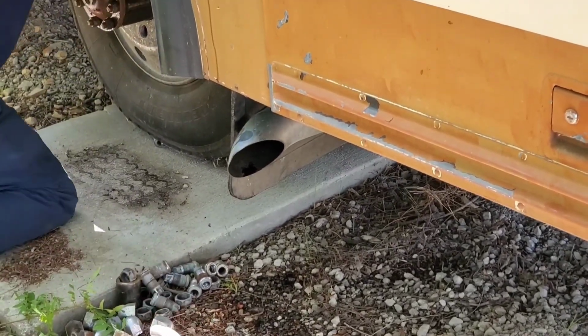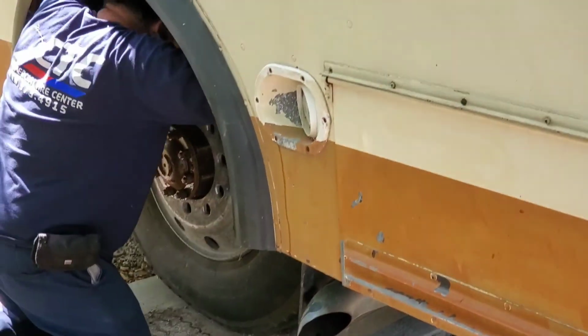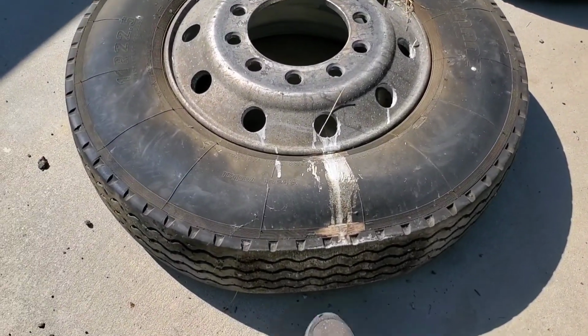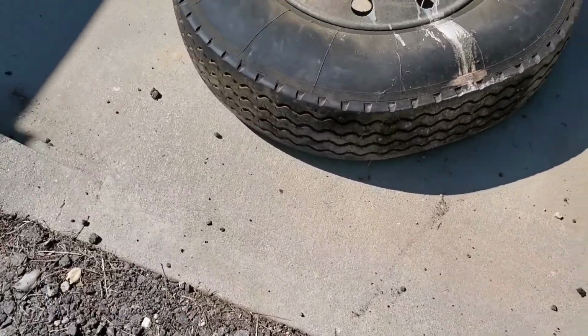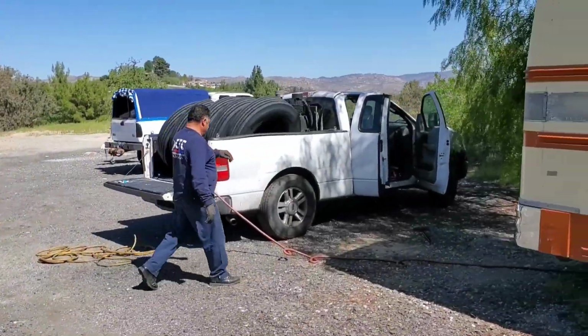See the water dripping off the exhaust pipe? Wow. I'd say that's got a bit of a flat spot on it. Look at him go. You're fast. Yeah, if you notice that water dripping off the tip of the exhaust pipe there,